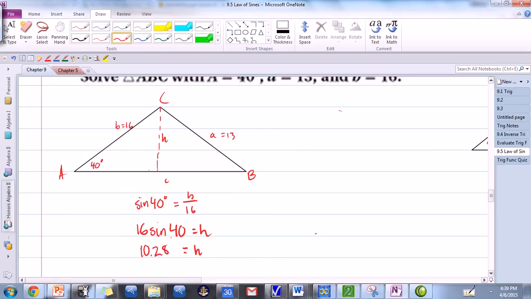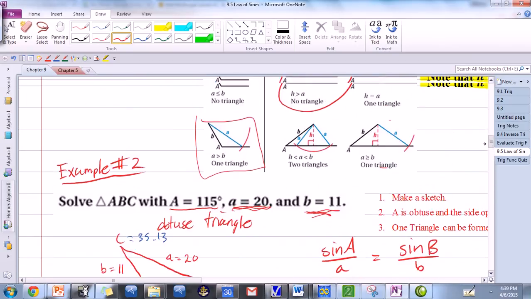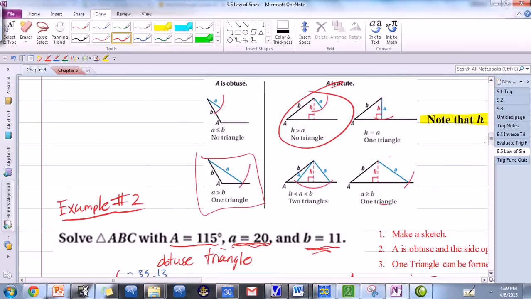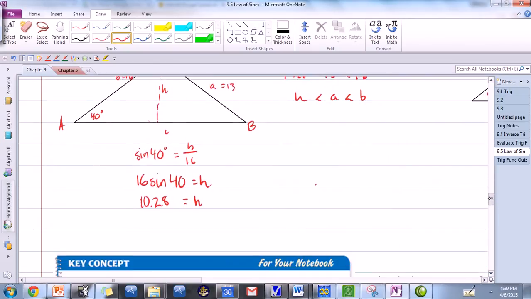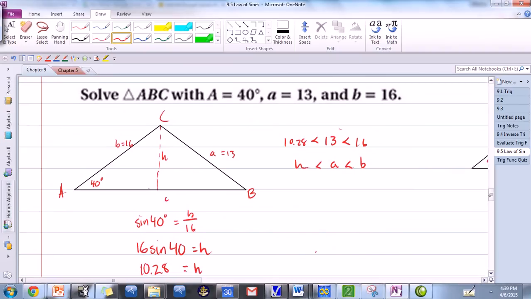Now, we have all of those. Notice that a itself, which is 13, is in between 16 and 10.28. So that means that a is in between h and b. And if we scroll all the way up, what does it mean for a to be in between h and b? That means you have two triangles. So since you have two triangles now, let's first